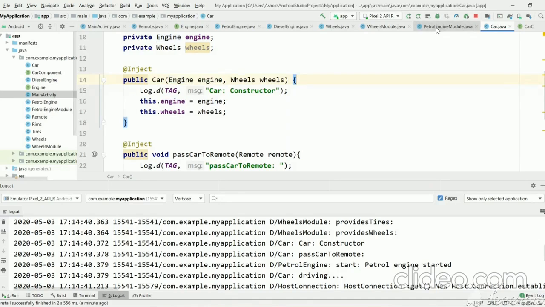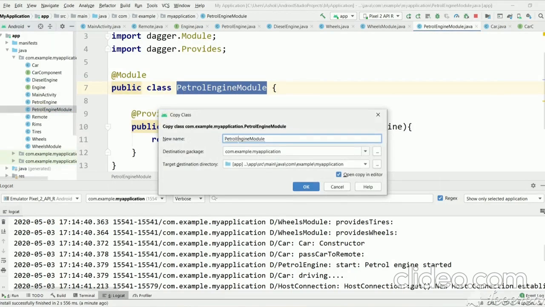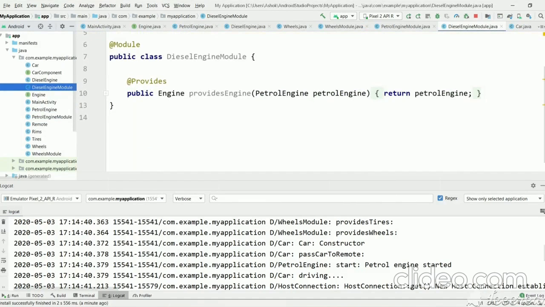And let's create the same module for diesel engine as well. Suppose you want to use diesel engine instead of petrol engine, we need to use a diesel engine module. Let's copy this and paste. Let's rename it as diesel engine. So engine provides engine.